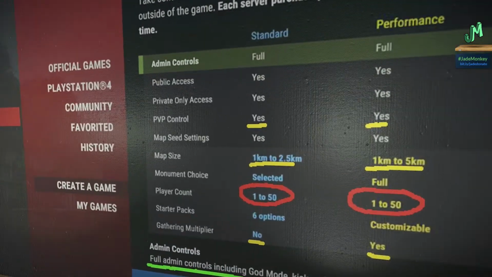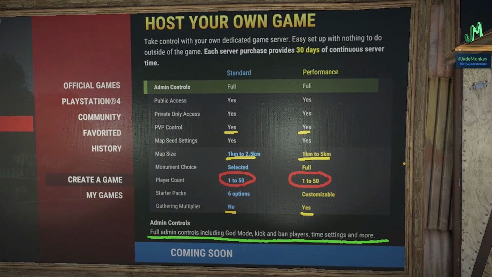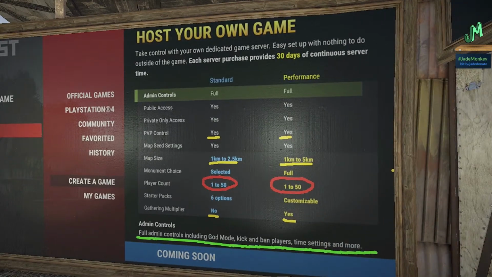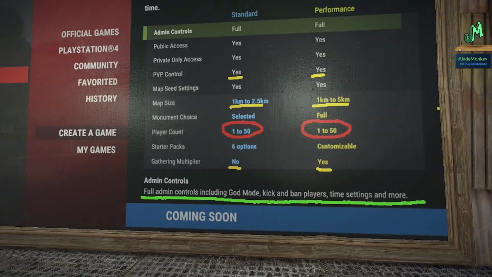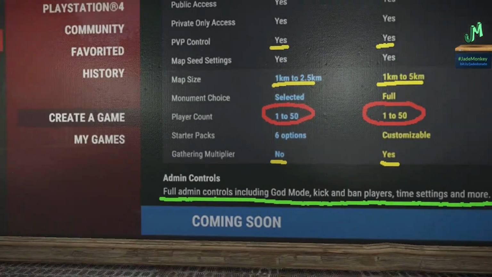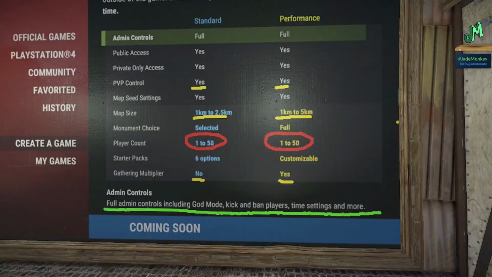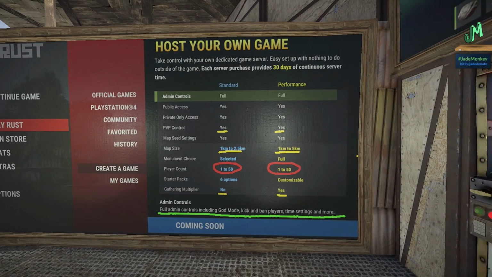Another interesting piece here is the map seed settings. That'll be interesting too, so we can kind of control that. Hopefully we have a bit more granular control. Granularity, I don't know if that's even a word, but more granular control. Monument choice, that's cool. And then starter packs is interesting too, and that brings up another point here that I forgot earlier. The fact that it's customizable for the performance package, and then you have 6 different types is very